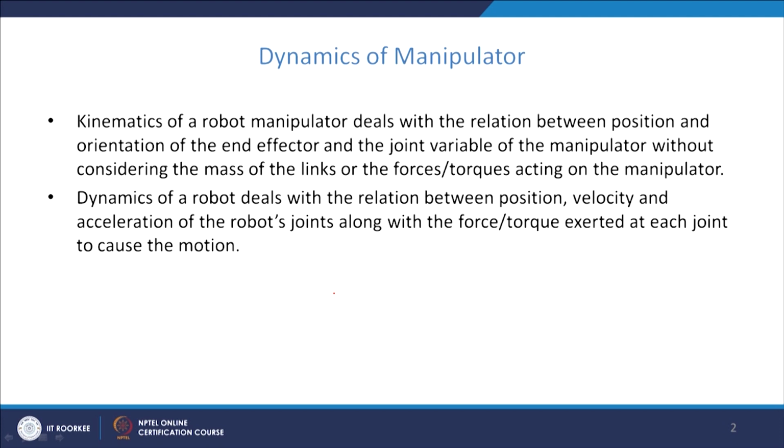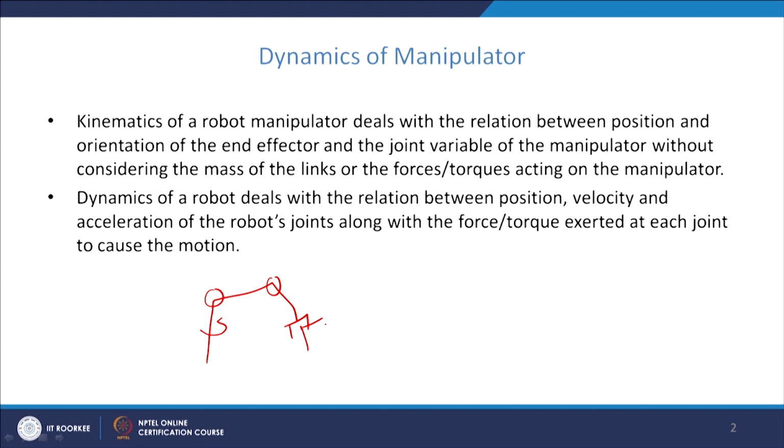So, it will not take into account the mass or the force torque exerted on the robot manipulators for causing a particular motion. So, for example, if you have the robot manipulator, the position and orientation of the robot manipulator and the relation between various joint angles gives the kinematics equation. The dynamic equation is a